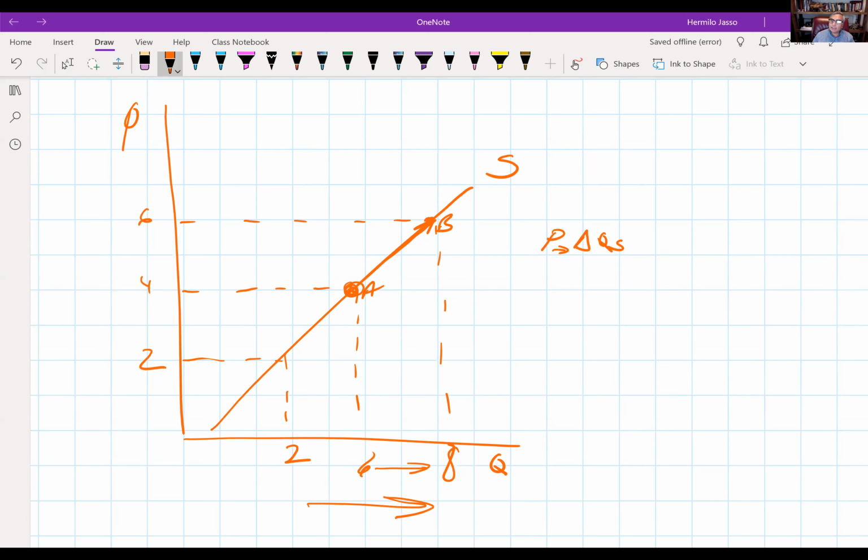Now, there are other things that can change the supply curve. I think that's what we were discussing yesterday. Number 1 was, for example, technology. Technology can increase the supply or decrease the supply. Number 2 was changes in factor cost. For example, an increase in the raw material you are using.